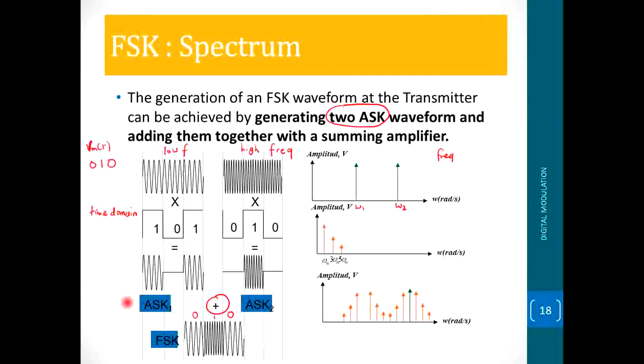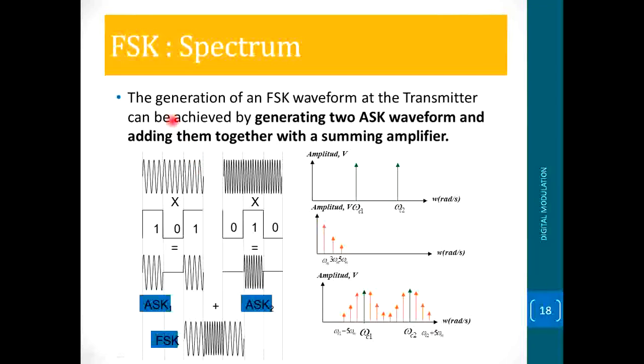This is F1 and F2, and then they can be combined in the omega 1 and omega 2. And for the frequency spectrum of the frequency shift keying, FSK,